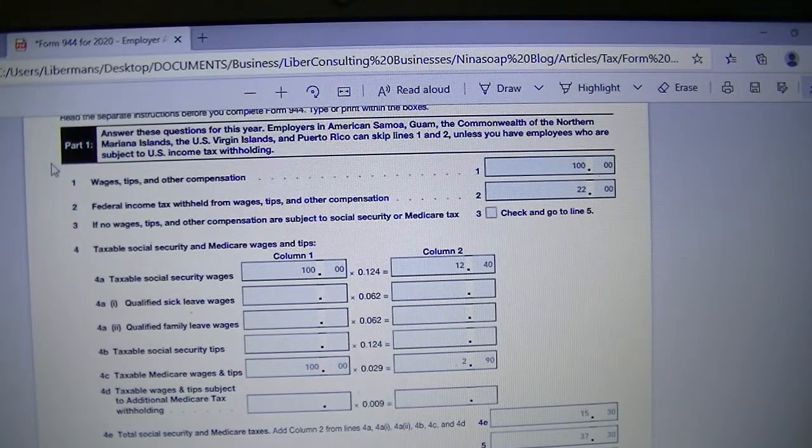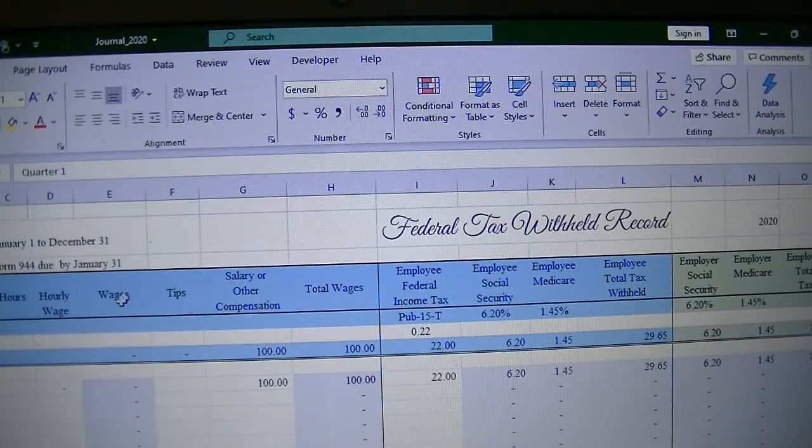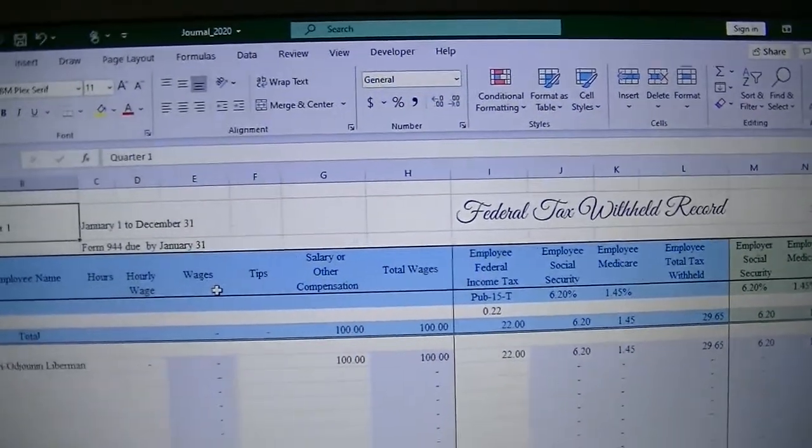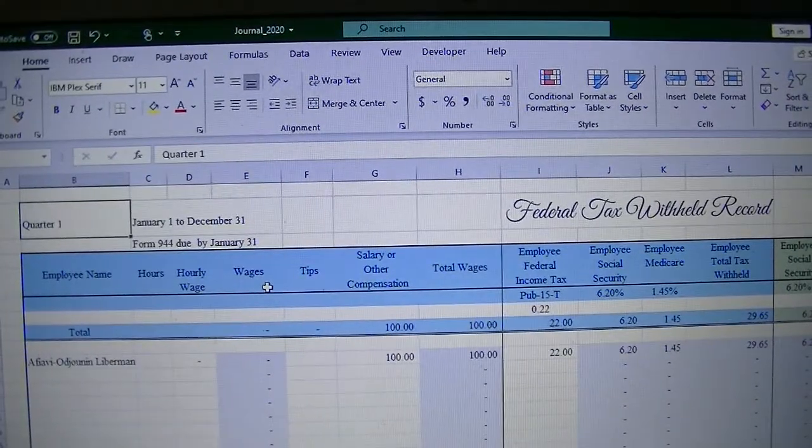So Form 944 Part 1, Line 1, Wages, Tips and Compensation. So what are the total wages, tips and compensation that you pay out in 2020? There is a spreadsheet and we will have the spreadsheet on our website. I believe I had it there last year, but we'll have it this year and in this quarter one here. So we pay $100 and we withheld